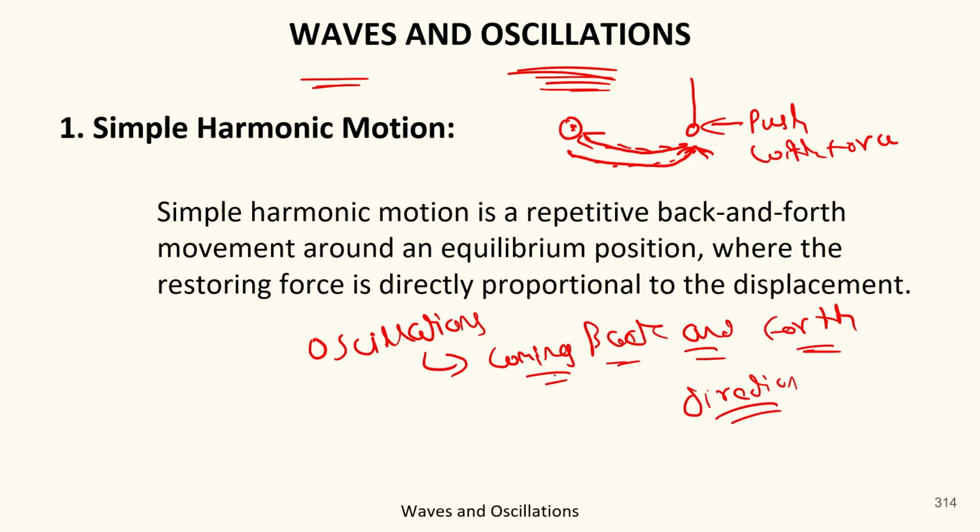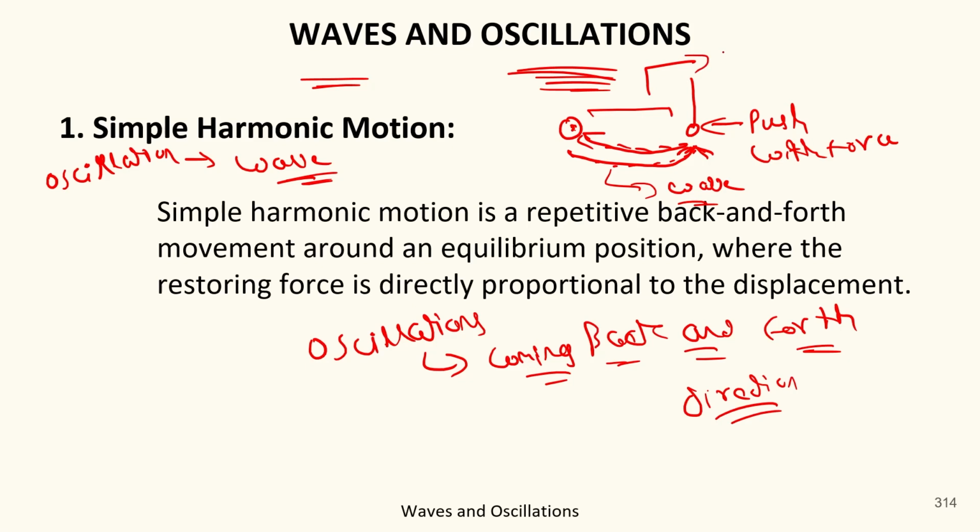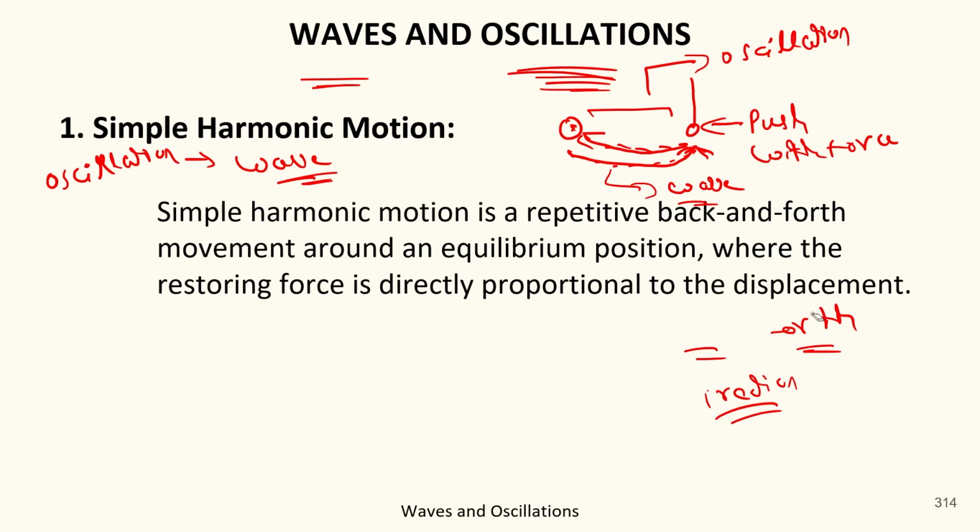Got it? And this is called oscillation. Oscillation generates a wave, as you can see here. This is the wave, and this movement from this to this is an oscillation. Got it? Okay. So basically we can say